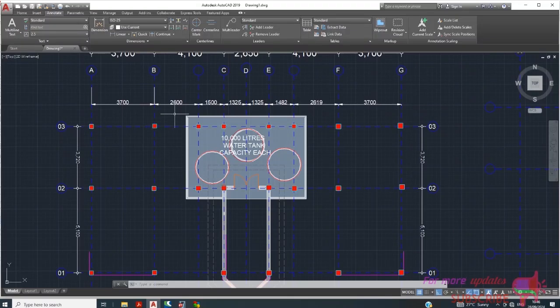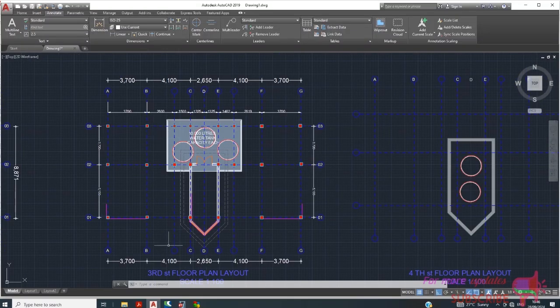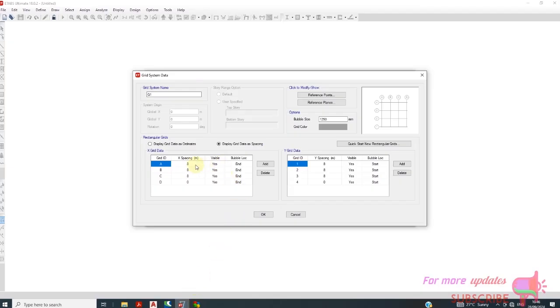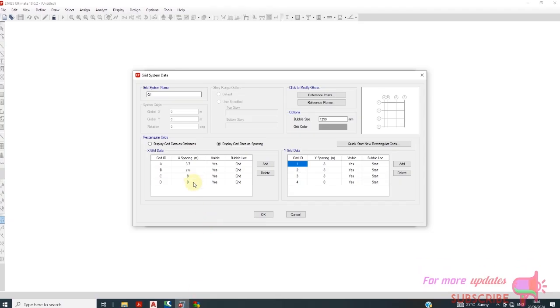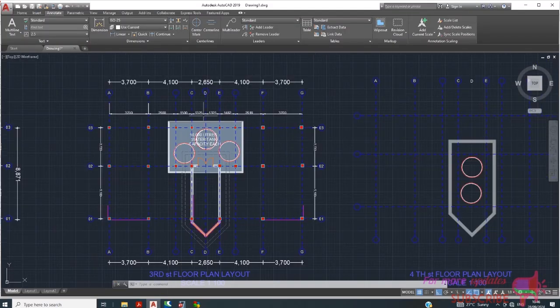So A, B, C, I'm having 3.7, 2.6 because it's in millimeters. Spacing A 3.7, B 2.6, and then C 1.5, 1.5. So here I can add 1, 2, 3, 1.5, and then